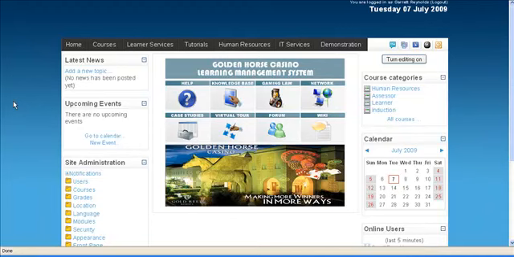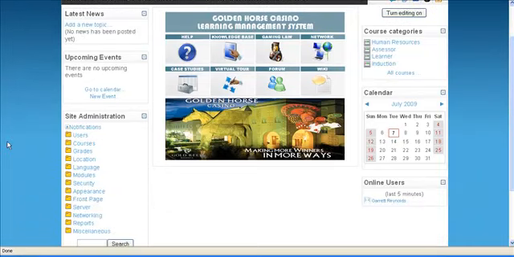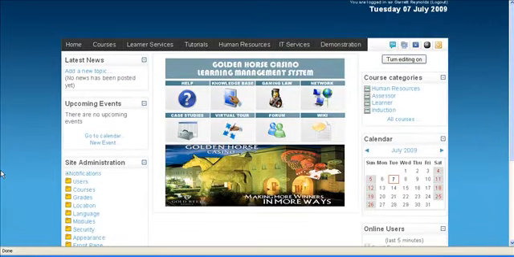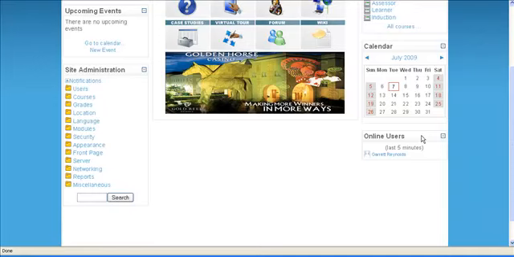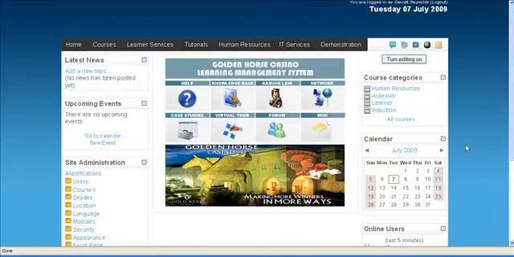Moodle, the learning management system, is broken into blocks. As you can see, these are blocks here of functionality. Your main area is this site administration here, and then you can add and delete blocks of functionality. An example would be latest news, or upcoming events, calendar, and we have the course categories here. Another functionality would be online users. In order to turn those on, we have to choose turn editing on first, and then you'll see the